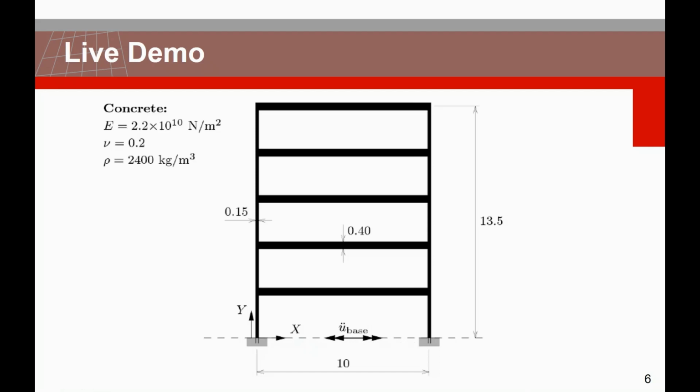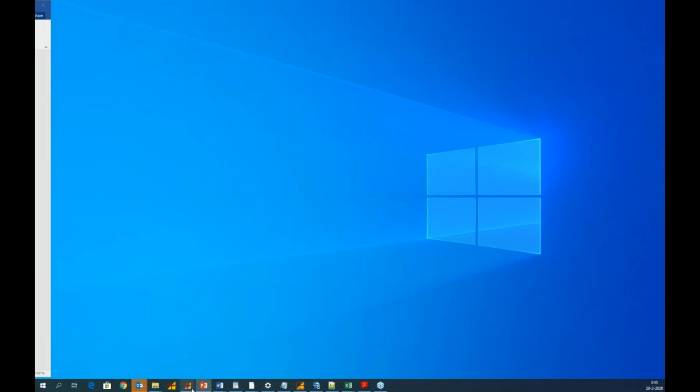In today's demo, we will perform 3 analyses. The first one will be an eigenvalue analysis followed by a direct response. The second analysis will be an eigenvalue analysis followed by a modal response, and we will compare the results of both analyses. And in a third analysis, we will apply an earthquake spectrum and perform a response spectrum analysis. So end of talk. Let's go to the live demo, and for that we need Diana.